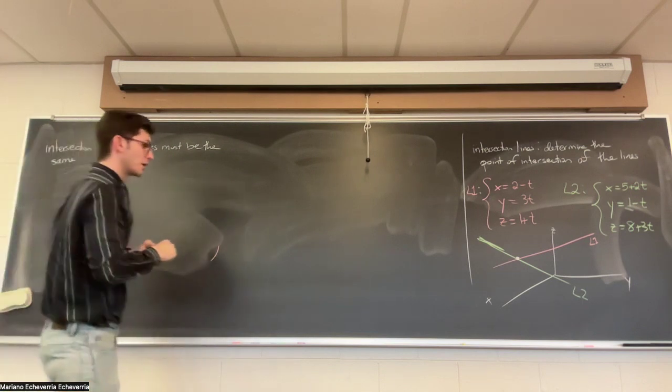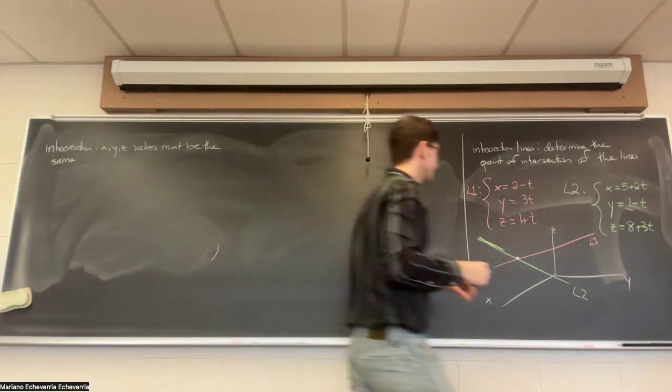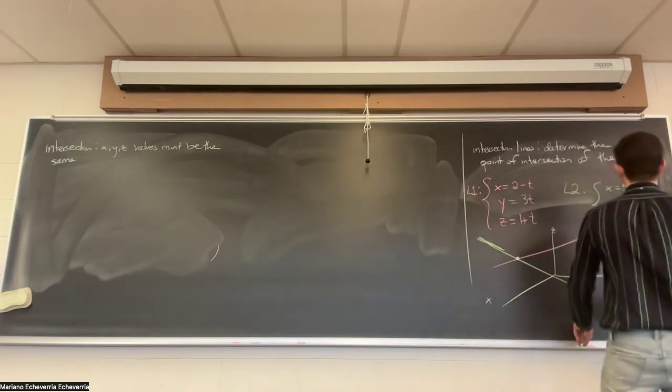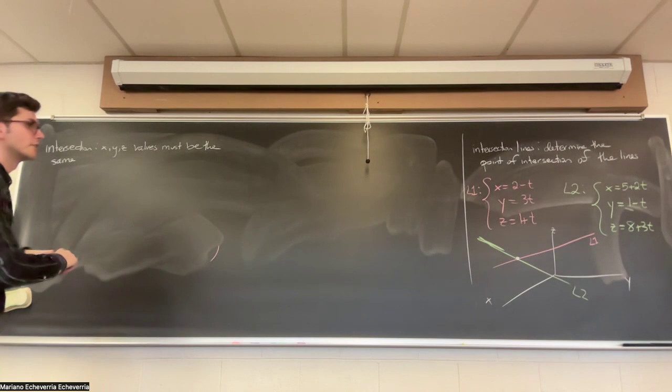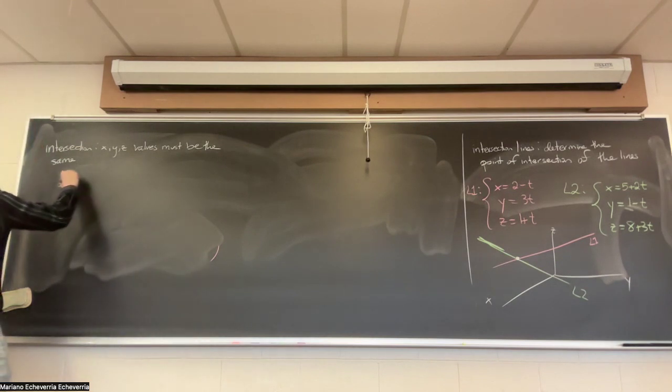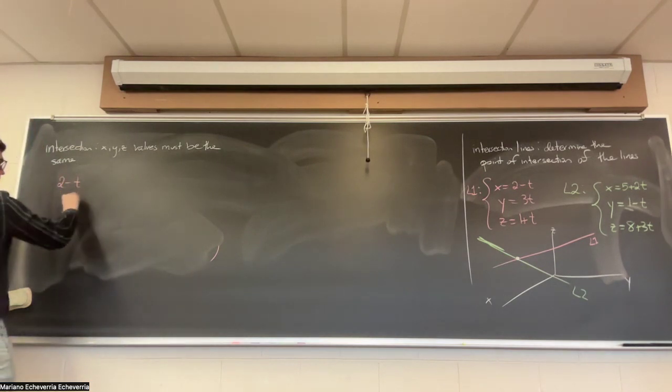So that gives you what you call a system of equations. So what is the x value? Is 2 minus, let me write them here. So I'm just copying again the